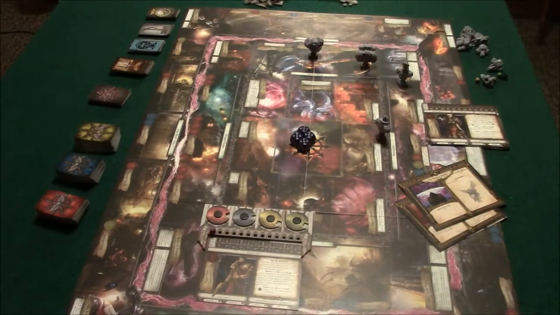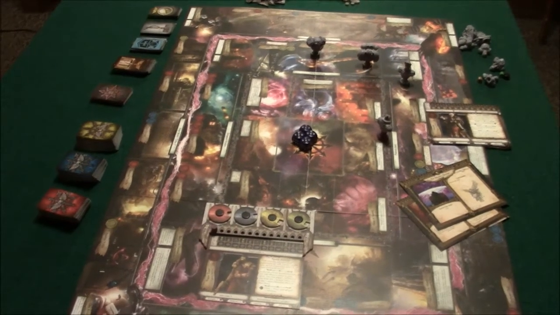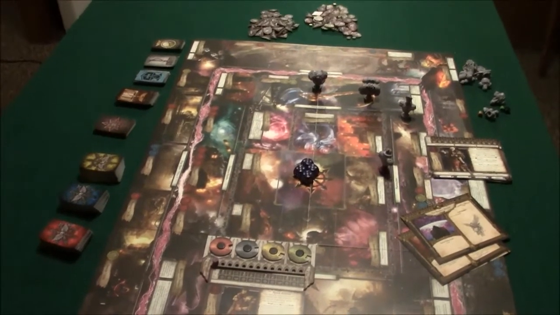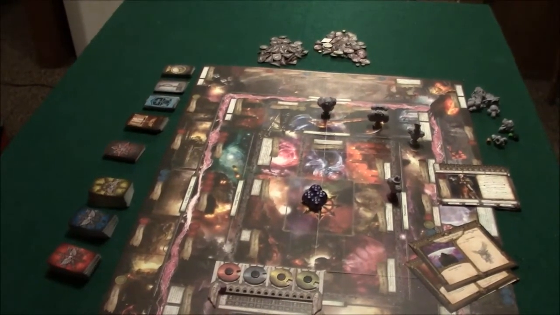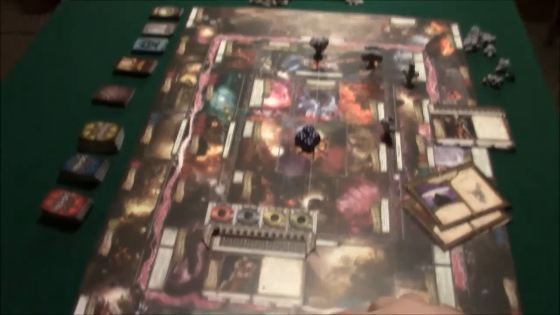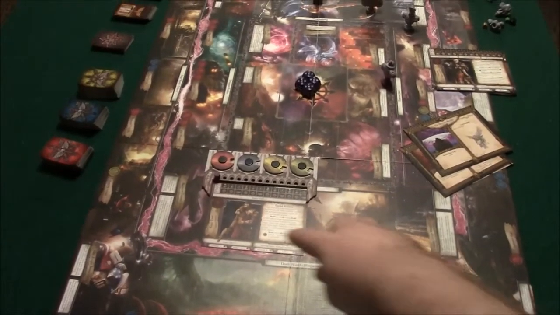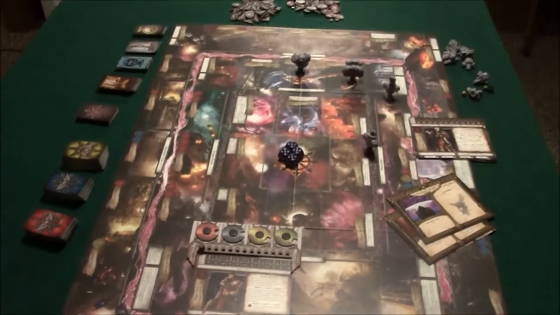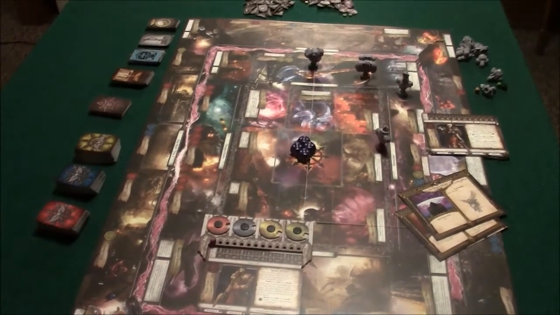Okay guys, so I'm all set up now. So now I'm just going to go through the game board. As you look at the board here, there are several different decks on the sides of the board. So over here, you got your character sheet right here, and on top you got a little dial that you keep all there. The basic object of the game